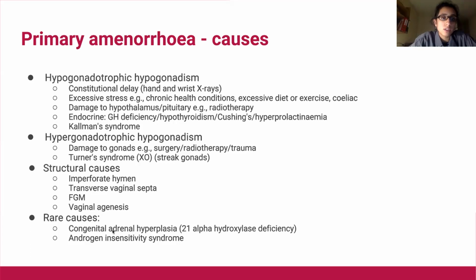And there's also the cause congenital adrenal hyperplasia, which is where you have deficiency of the enzyme 21-alpha hydroxylase, and this basically leads to a decrease in the production of corticosteroids and mineralocorticoids, and an increase in the production of androgens by the adrenal glands, because the hormones that aren't being produced, you have more hormones being sent into this other pathway that produces lots of androgens. And then lastly, androgen insensitivity syndrome, which is again just a rare cause.